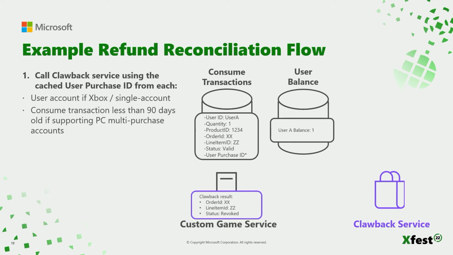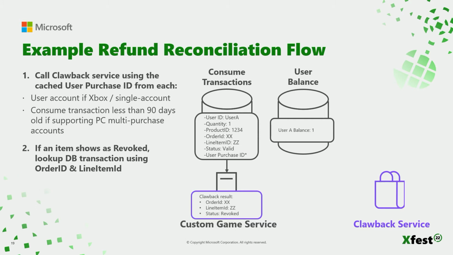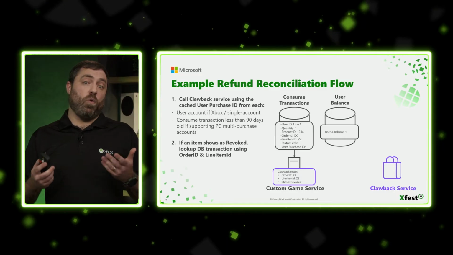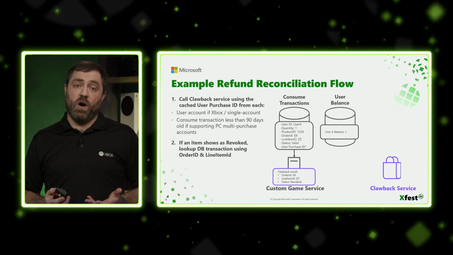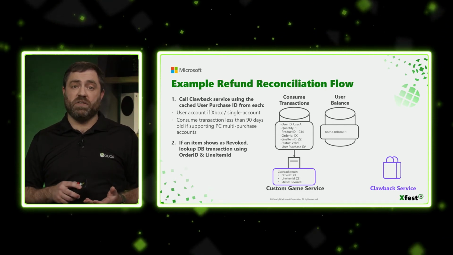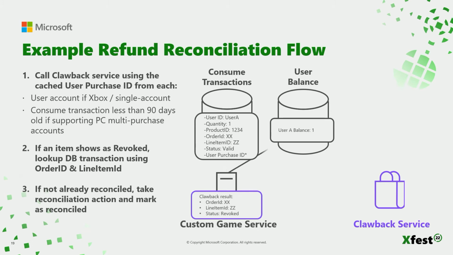We also want to filter out any results that have already been reconciled previously by checking the status value. In this case, we find an item that matches, and the state indicates that we haven't reconciled it yet. We note the quantity from the transaction was 1. So we remove that quantity from the user's remaining balance, and they now have a 0 balance. Finally, we update the transaction status as reconciled, and we can skip it in the future if this result comes back again.